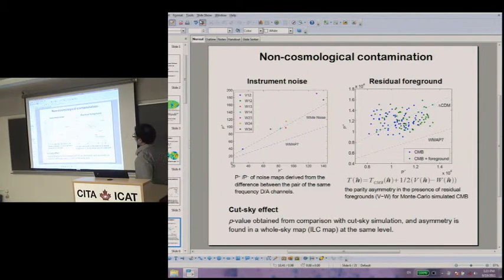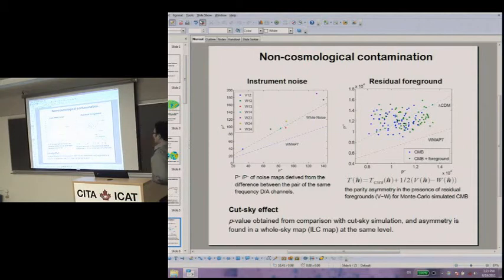But still, residual foreground is not completely ruled out, because you may see from here that the frequency spectrum of the foreground component varies very slowly between V band and W band. This difference is quite small. So even if, let's say, the foreground in V band is quite big but almost the same as in W band, they cancel out, so you don't see a big effect here. But still, it can be quite large. I mean, the difference may be small.